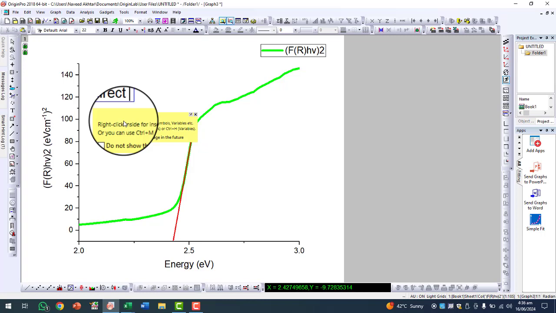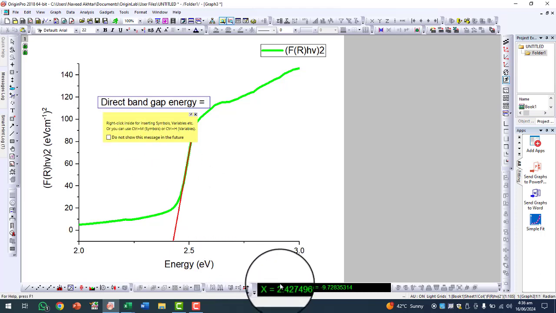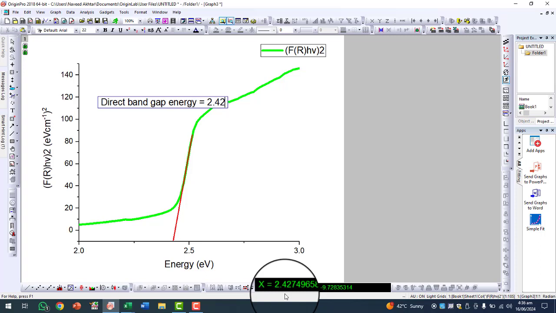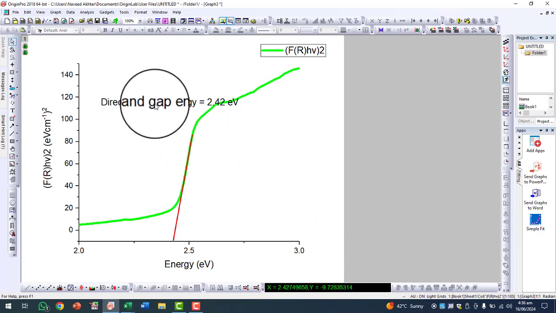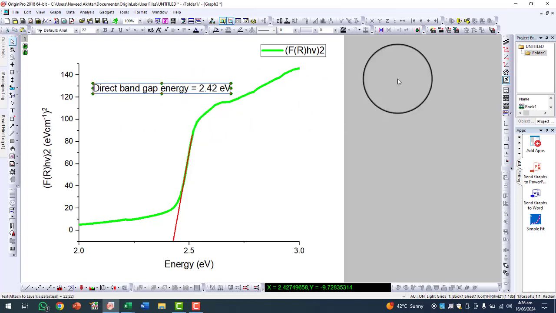The indirect band gap energy we have already calculated, so now I am calculating the direct band gap energy, which I can see from here is 2.42 electron volt. So this is the value of the direct band gap energy of my material.